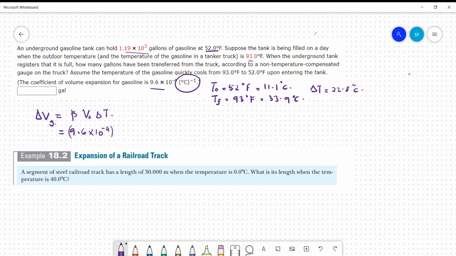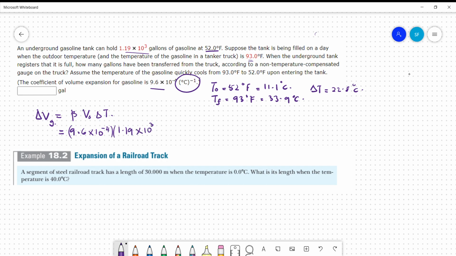What is the initial volume of the gasoline? Since the tank can hold this amount of volume, the volume of the liquid takes the volume of the container. So V naught of the gasoline would also equal 1.19 times 10 to the power of 3